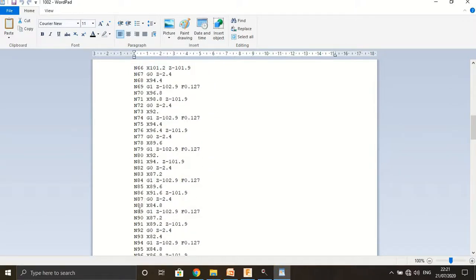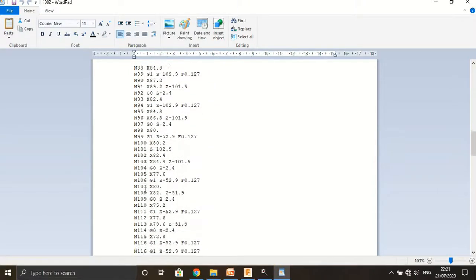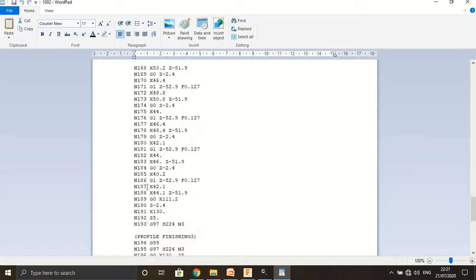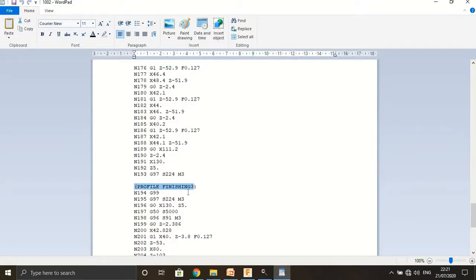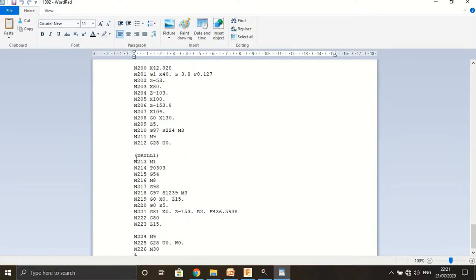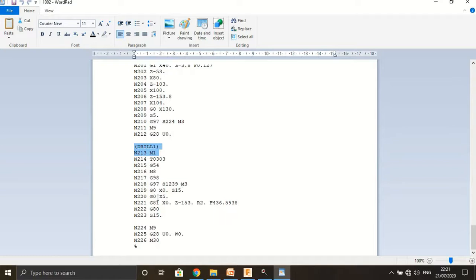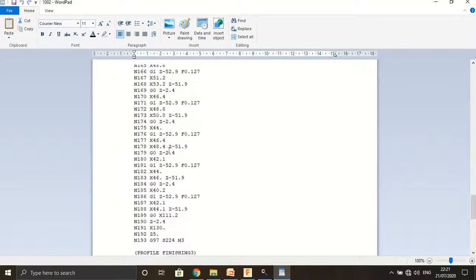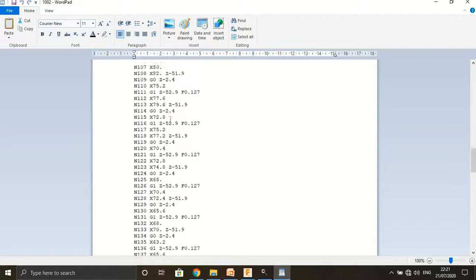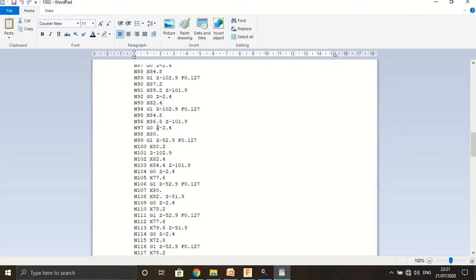To completion, the sequence number is shown by the block. Then the profile finishing operation, and finally the drill operation, with tool selection, speed, feed, radius, spindle stop. So this program shows all the operations. We can directly put this into the machine to create the required shape of the job.